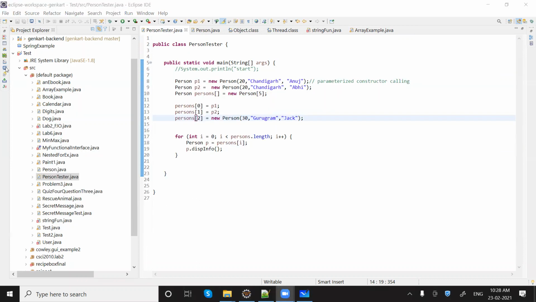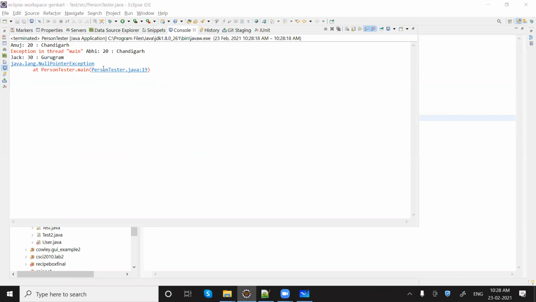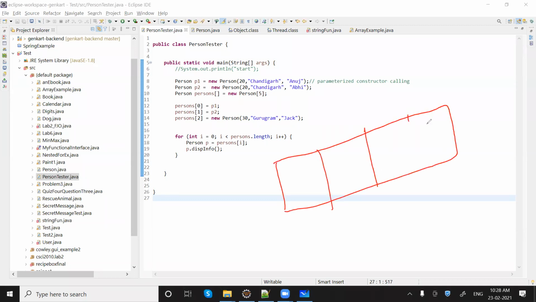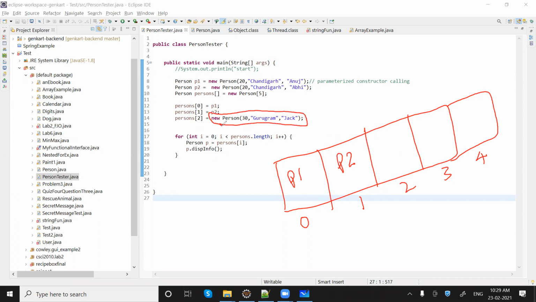So what kind of exception are we getting? Null pointer exception. So let's understand why we are getting this exception. We have a person array. This is the 0th index, this is first, this is second, this is third, and this is fourth. At this position P1 is there, at this position P2 is there, and for this we don't have any name. So let me just write, assume this is P3 already there. The rest of the objects will be null,